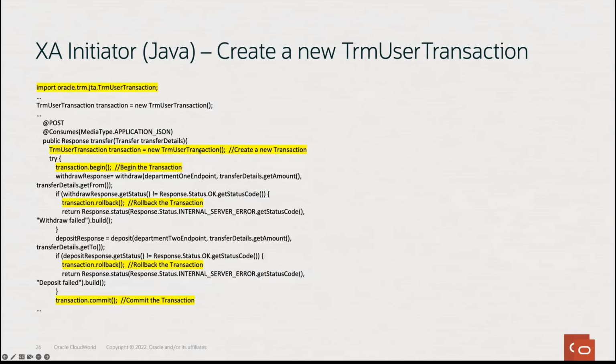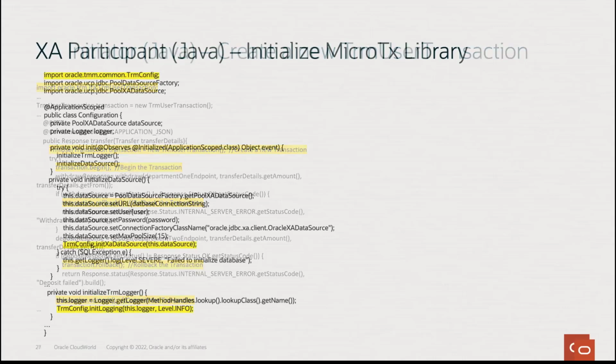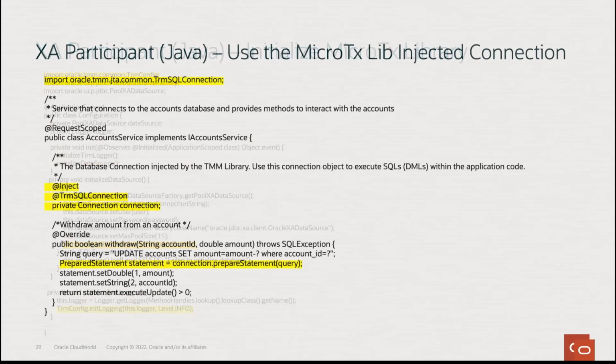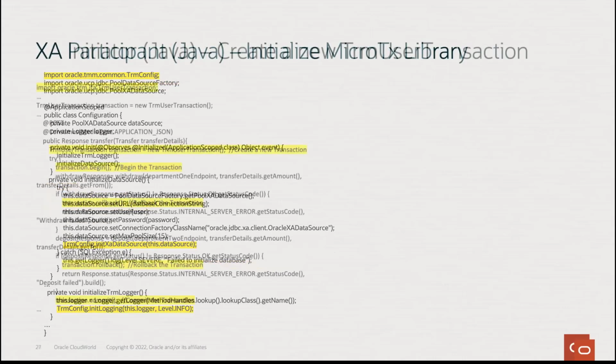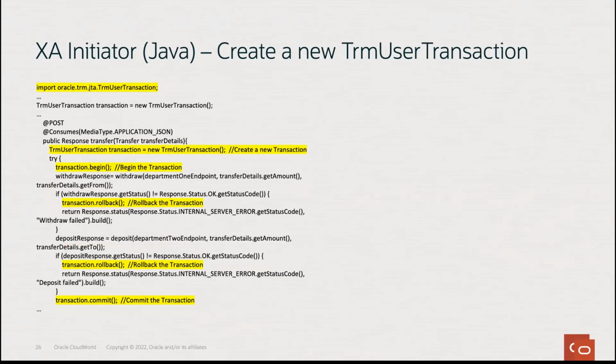The transaction begin method here starts a new exit transaction, which can be committed or rolled back by calling rollback or commit on the transaction object. Now let's take a look at the participant